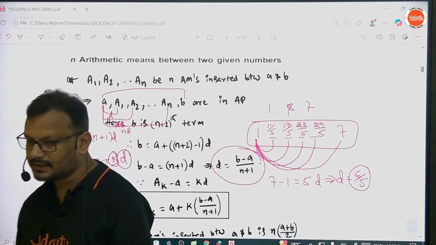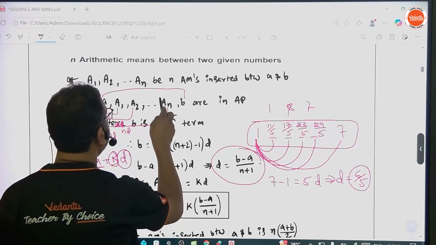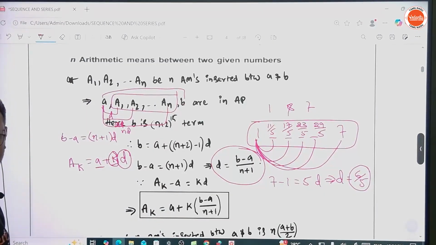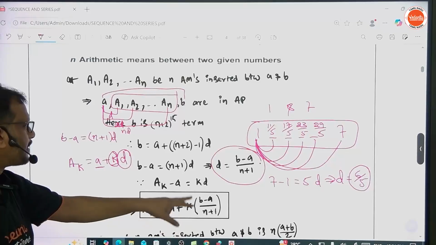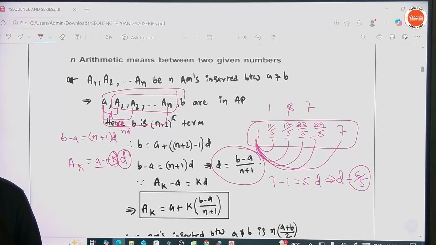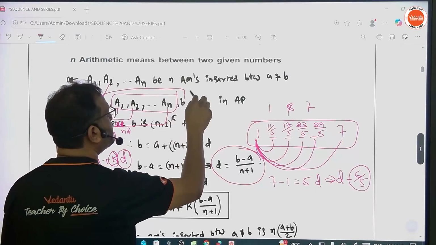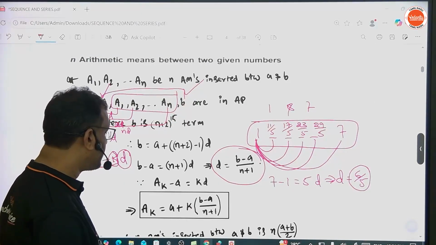Now the best part in this is, for example, if you add all the numbers which you are inserting between A and B, the sum of those numbers will be equal to n into the average of the first number and last number. If you add all of them, like how it will get, for example,